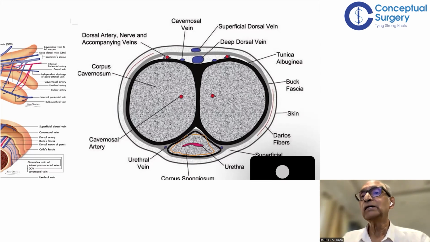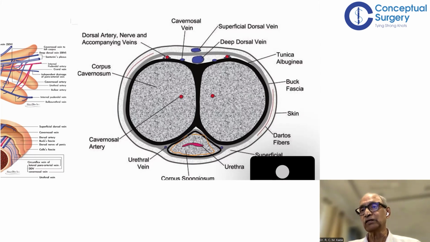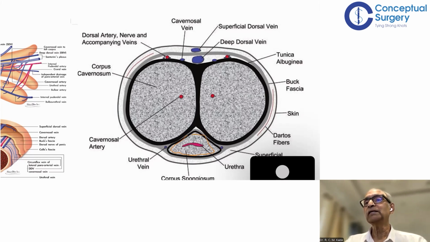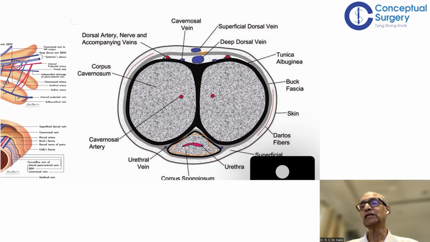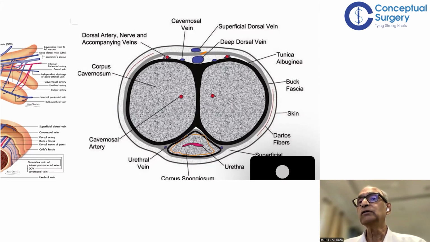And just outside the albuginea are very important vascular structures. What are they? If you look at the midline, it is the deep dorsal vein. And then more superficially, it is the superficial dorsal vein. And the deep and the superficial dorsal veins are separated by the Colles Fascia. So Colles Fascia is also enclosing all these corpora. And this factor is very important because if the Colles Fascia is breached, then blood and urine will find its way under the Colles Fascia and then spread upwards. I'll show you how that spread takes place later on.